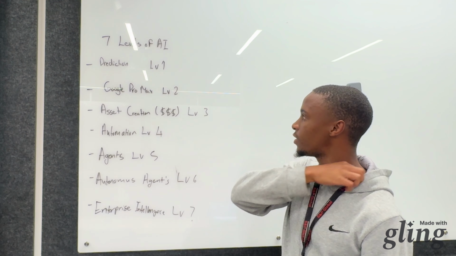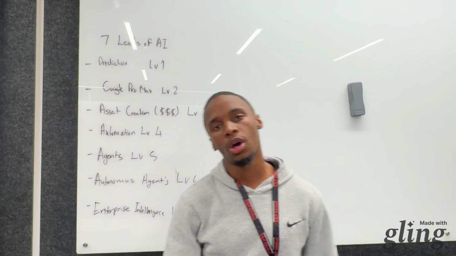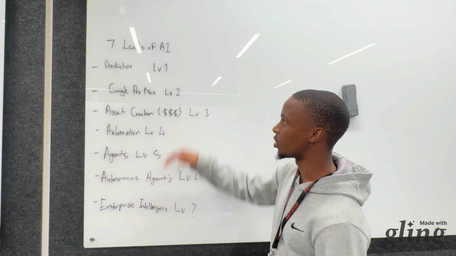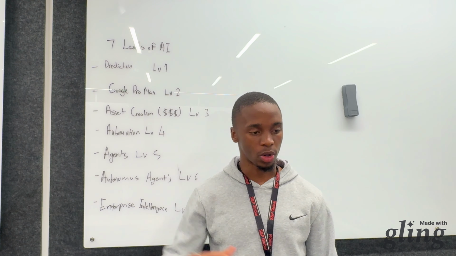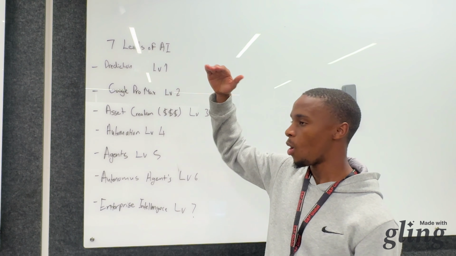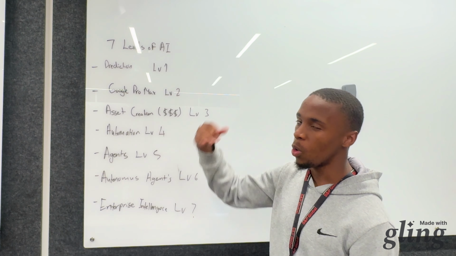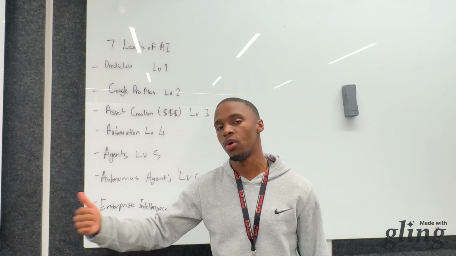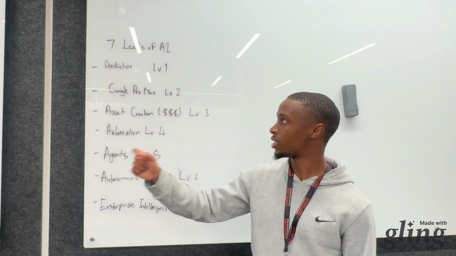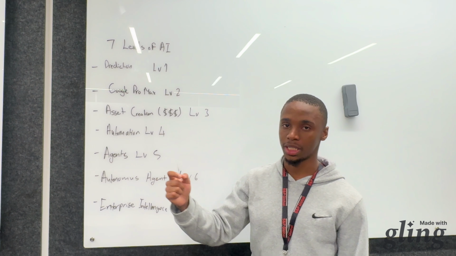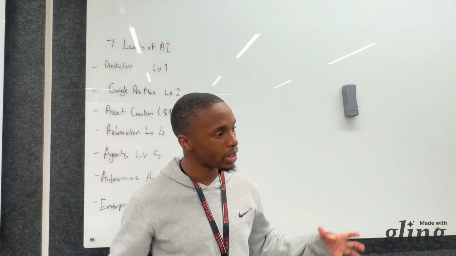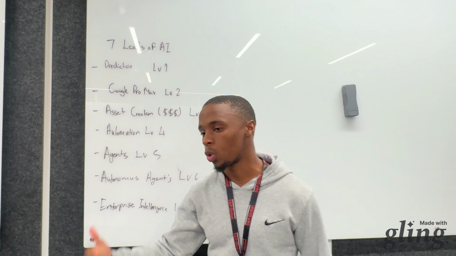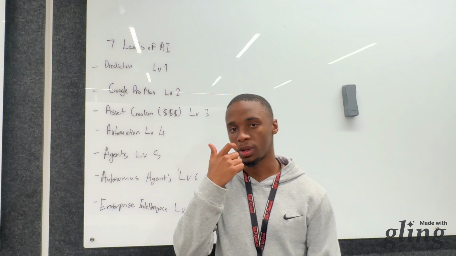So the 7 levels of AI start at the first level, which is just understanding what AI is and how it works. This is the prediction space. They call it the prediction space because this is where we know that AI only works because it predicts what you possibly want. It's actually not artificial intelligence, it's mainly prediction intelligence. So it's looking at all the data and all the patterns from the world and predicting, based on your question, what your possible answer would be.